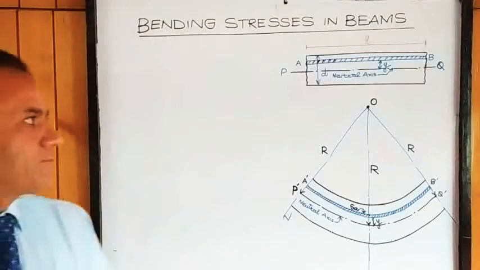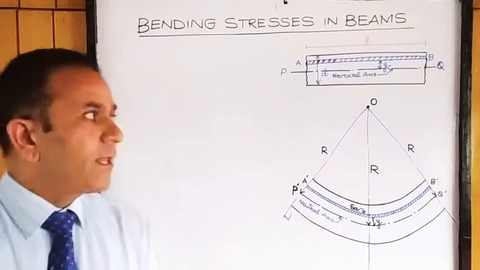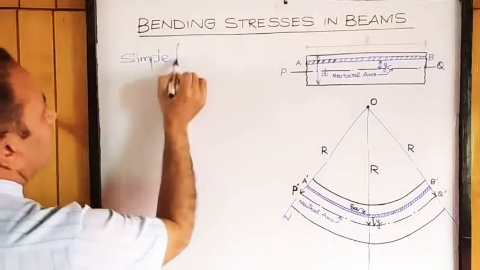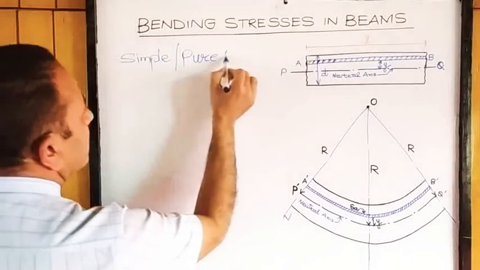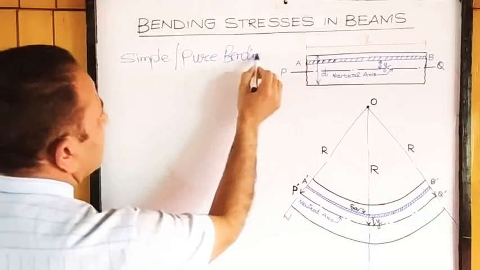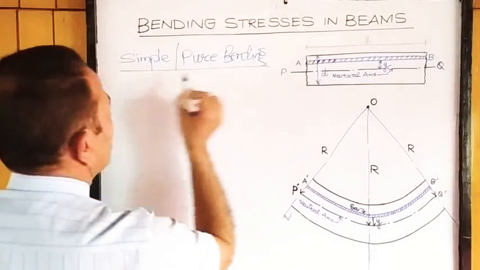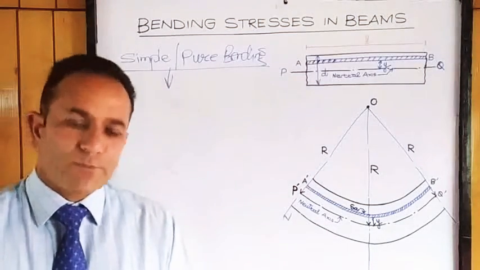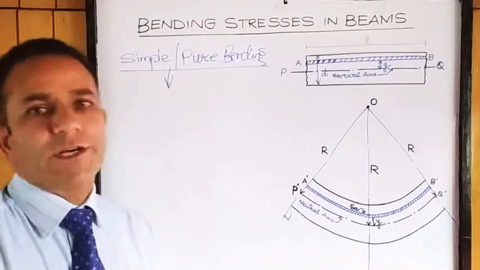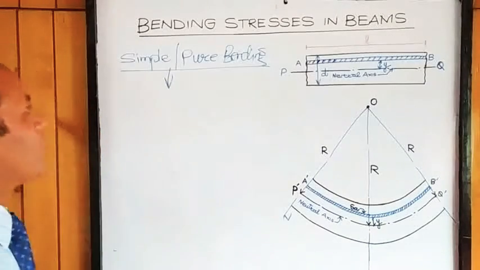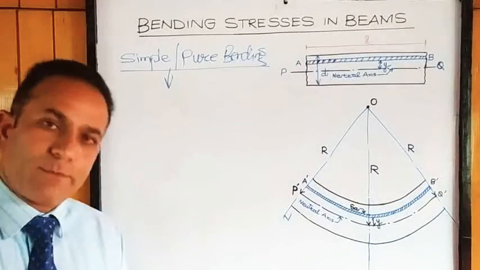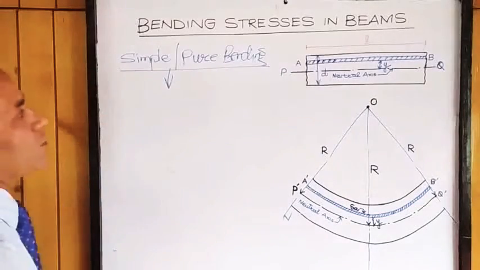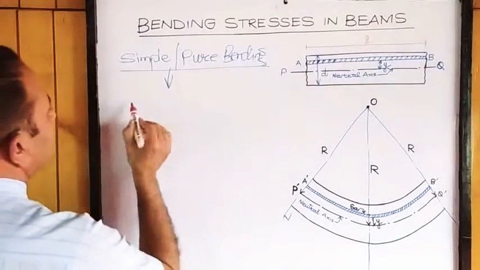Now we have a case of pure bending, what we call simple or pure bending. This simple or pure bending is bending which takes place where there is no shear stress or there is no shear force. So a bending stress developed in an area where there is no shear force is called a case of pure or simple bending. Say for example,